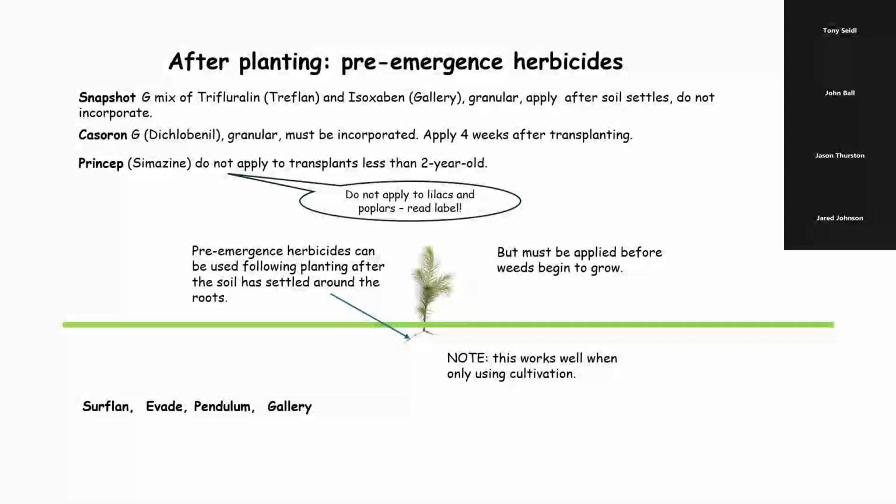And so when you're looking at using pre-emergence, really about the most common way you can do this is if you're not using fabric, because it's very difficult to go out and apply any of these products into that small area. And you run the risk of applying too much. Plus, you need to incorporate it. Now you may be disturbing that seedling you just planted and putting the herbicide on top of the fabric. You're not going to get enough going through it. So if you're just using cultivation rather than fabric, using this is fairly easy. But otherwise, it's pretty difficult to use a pre-emergence to clean out that vegetation that's coming up